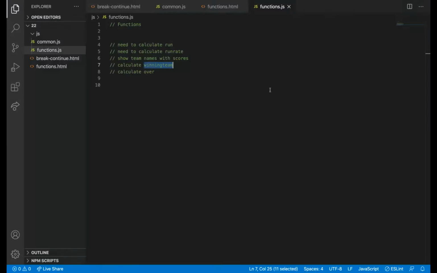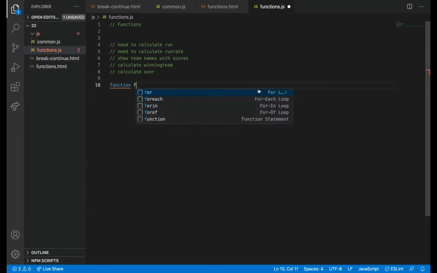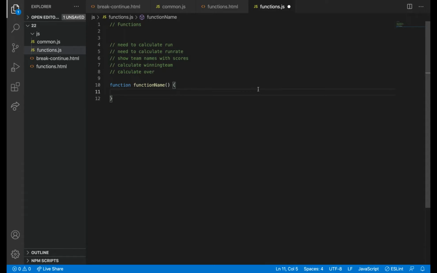So how do we need to write a function? It will have the function keyword followed by the function name, with a parenthesis and an open brace and a close brace, and it contains some code. So this is the syntax of the function. And I have already said the syntax of function definition.